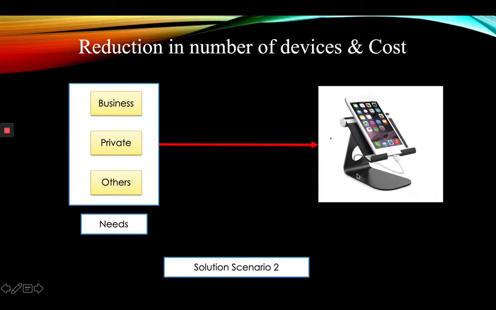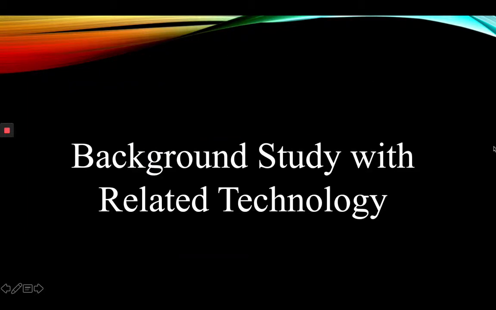When the context switching model is applied, the scenario is different. The same needs are present, like business, private and others. All needs are ported in one device, so the device quantity increasing problem has been solved. To propose this model, we searched a lot and we found only two technologies which partially cover it. Let's have a look at them at a glance.